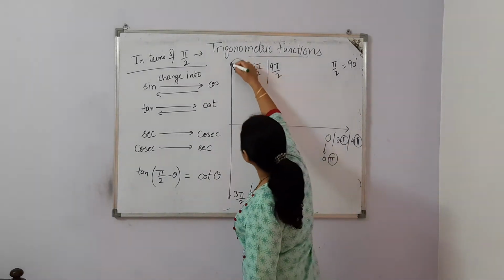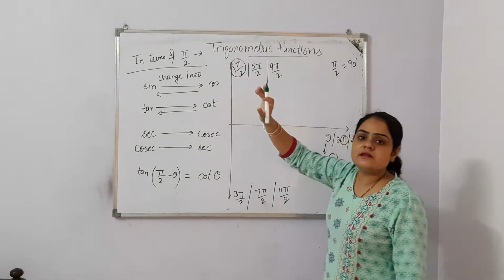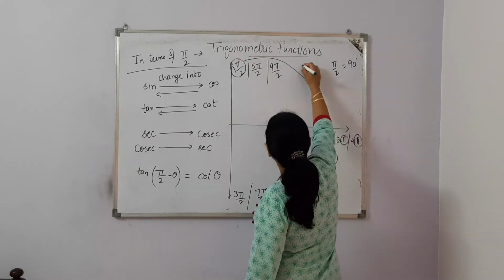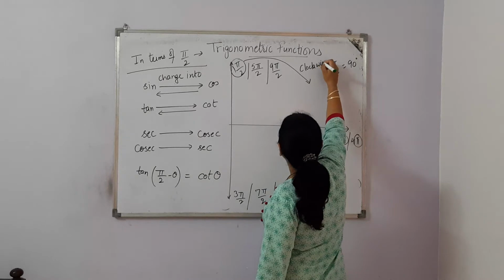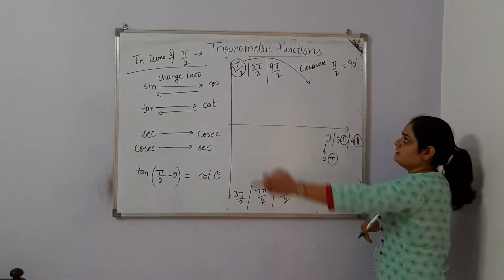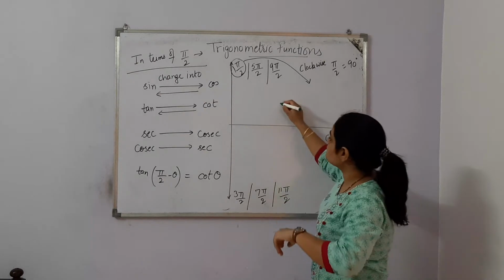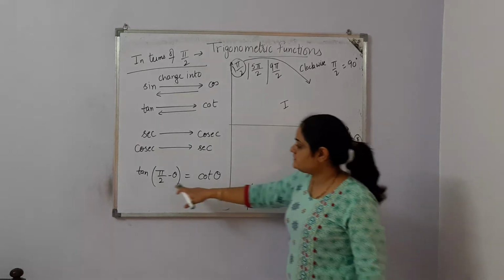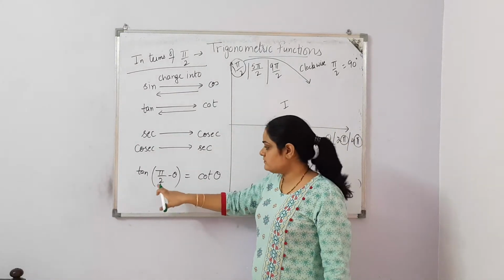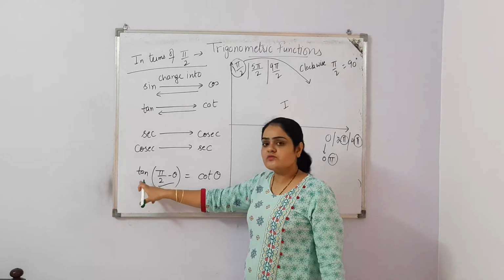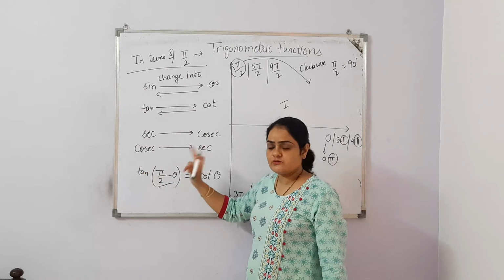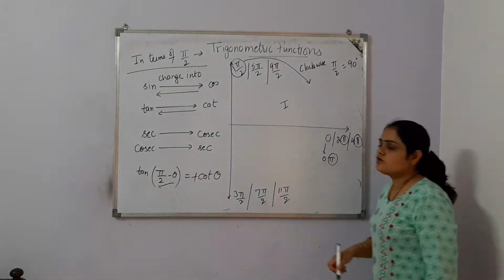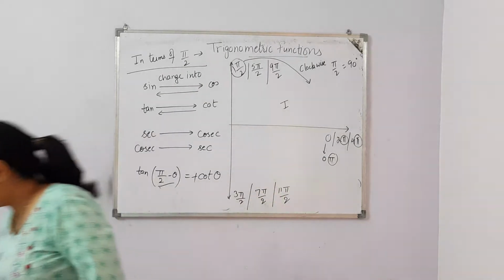Where is pi by 2? Here it is pi by 2. Pi by 2 negative side, that means clockwise. So this is the clockwise direction. So that means this is your first quadrant. In the first quadrant, tangent is positive, because pi by 2 minus is coming along with tangent. So we'll check the tangent in that quadrant. So the tangent sign is positive in the first quadrant. So it is plus cot theta. Let's do some more questions.